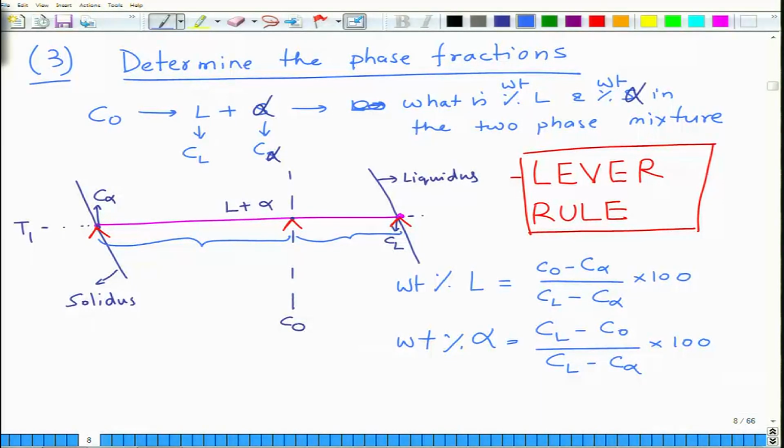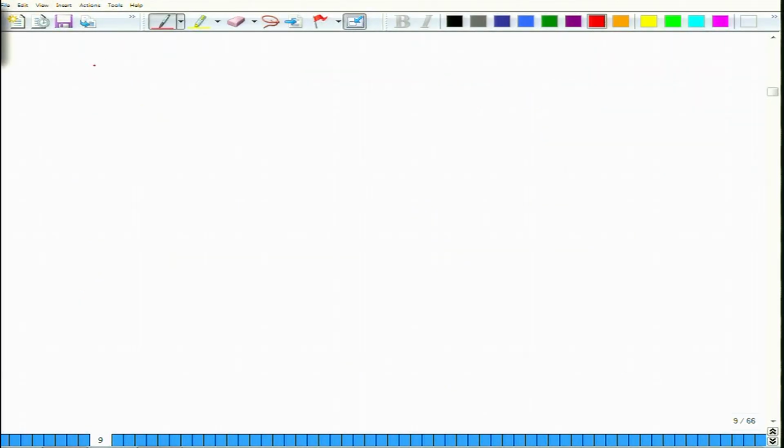So you can say that if you know weight percent of liquid, obviously the weight percent of alpha will be equal to 100 minus weight percent of liquid, which is same as what you have here. So this is what is two phase equilibrium, and you can determine the weight fractions of two phases in equilibrium with each other using this formula. How do you convert the weight percent? Suppose you have weight percent, atom percent issues,